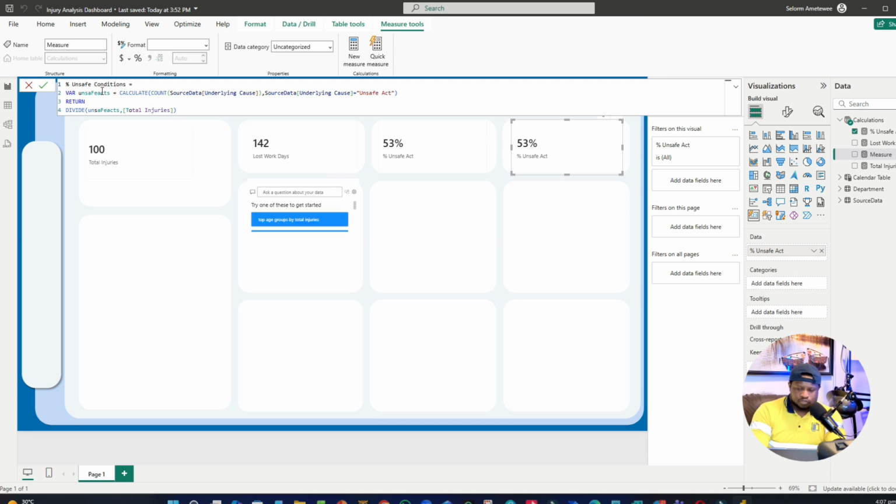Unsafe condition, percentage unsafe conditions, whatever. And then we are going to call it unsafe condition. This is the name of the variable. And then we are saying that it has to filter by unsafe conditions. So that's literally what we have in here. The name of the variable is unsafe condition, and you should divide it by the total injury. So that gives us